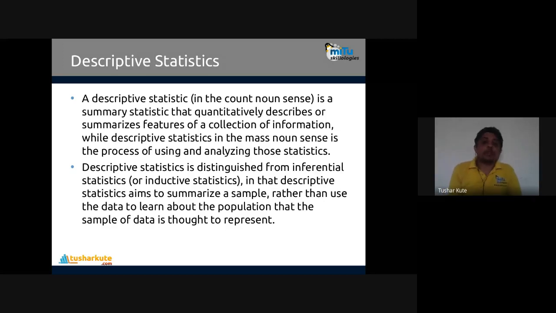So the operation that you apply on a sample of data can also be applied to the whole population. The summary statistic that you apply, the mean of that can be the same as the whole population's mean. The average can be the same as the average of all. Median can be the same too. Can be, but exact similarity is not there. It's not a rule of mathematics or statistics. We can identify that average, mean, or any other properties present for the sample are applicable to the whole population also. That is what descriptive statistics tells us.